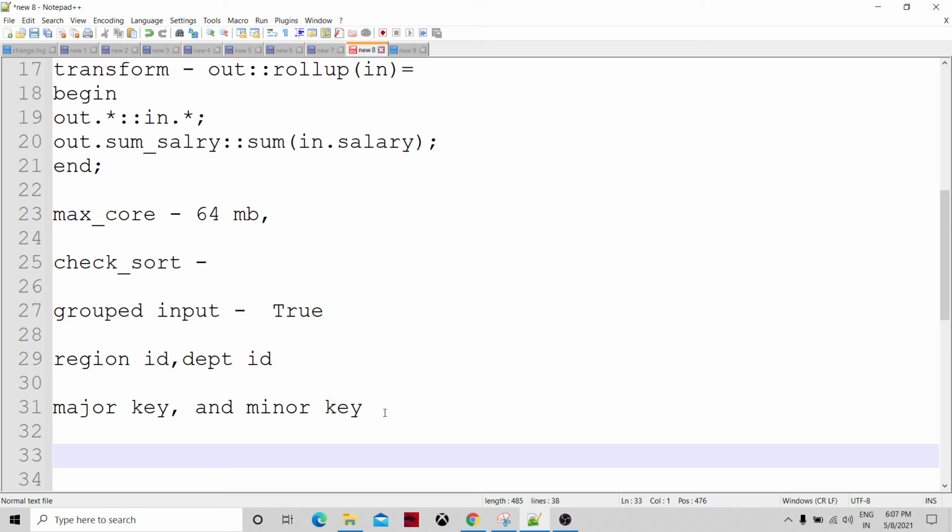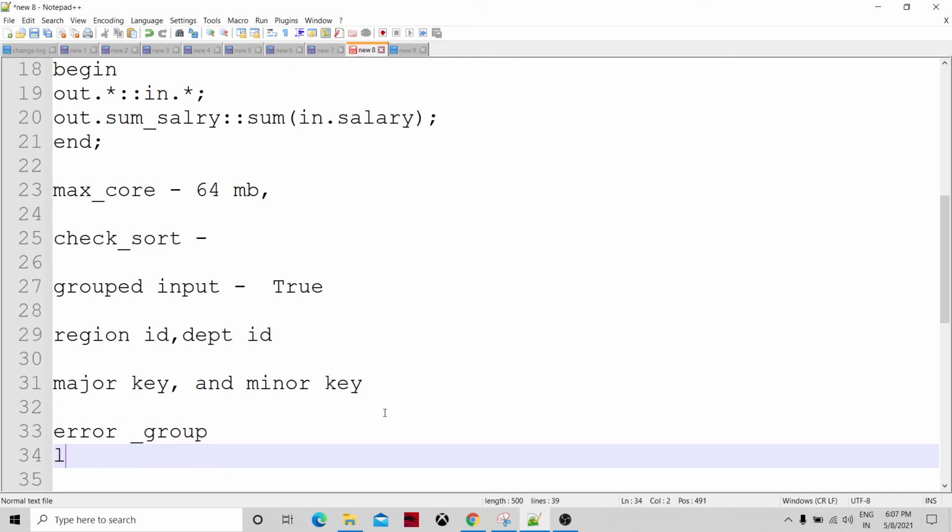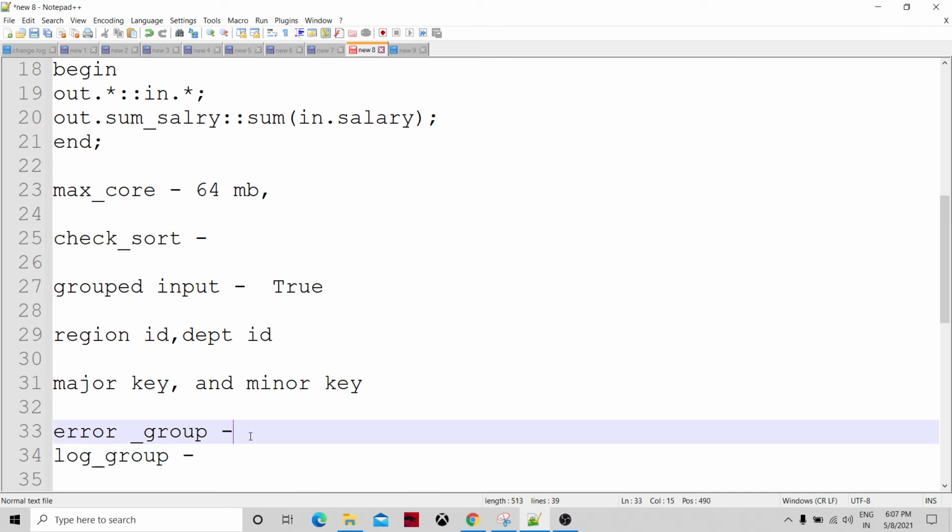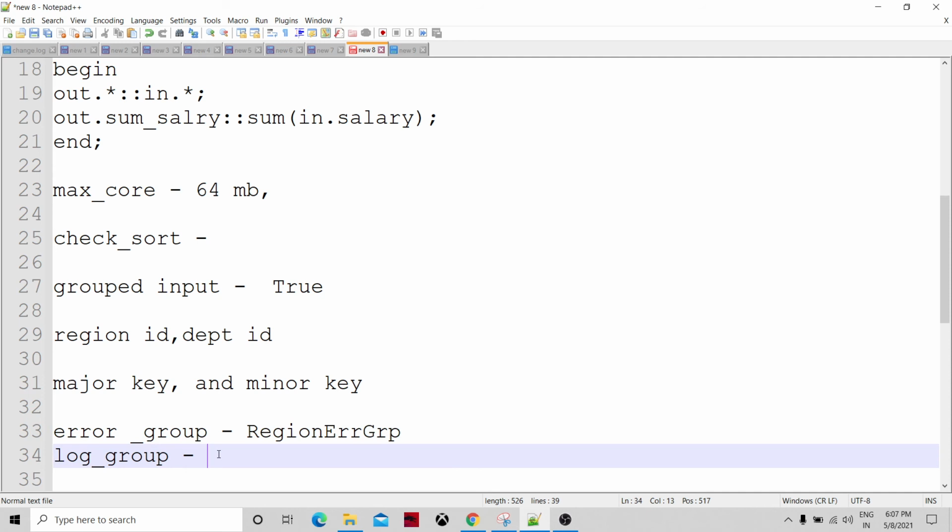So apart from that, there are the error group parameter and log group parameter. Let's say for error group we are specifying region errors group, and region log group.